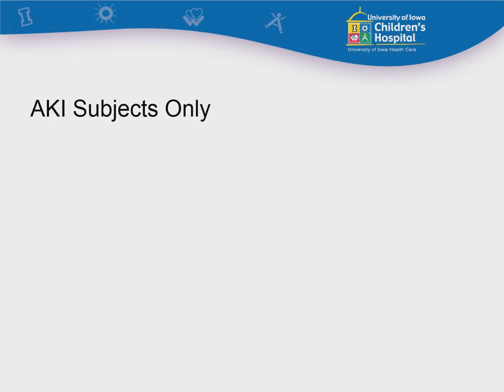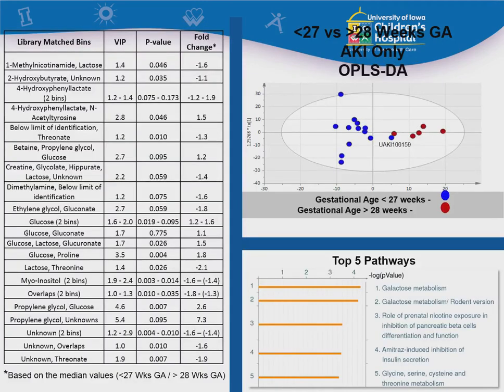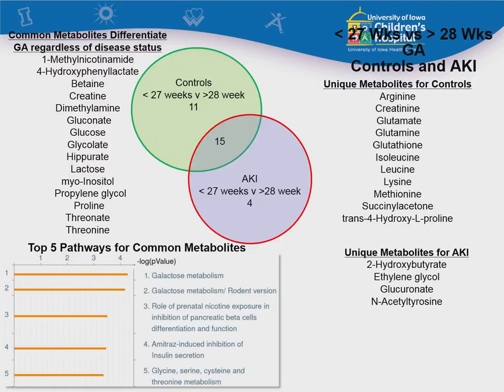And then we looked at our AKI subjects. Once again, less than 27 weeks versus greater than 28 weeks gestational age. Again, a very nice separation once we compress the data. And just to get to the meat of it, what we found is 4 unique metabolites associated with acute kidney injury in this comparison. And it turned out that 2-hydroxybutyrate, ethylene glycol, gluconurate, and N-acetyltyrosine were associated with AKI in